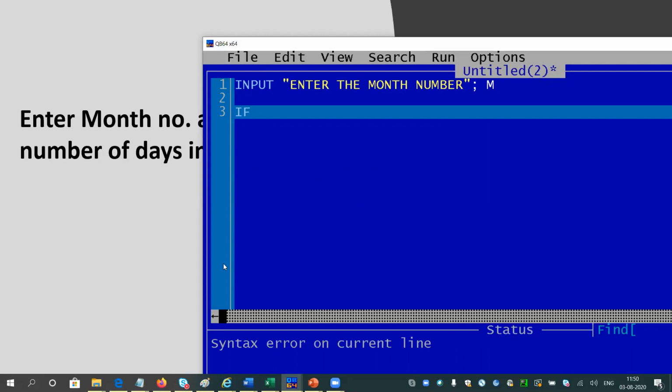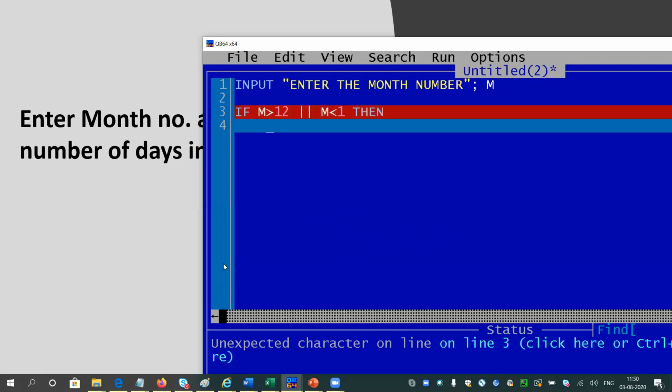It is a long program if we have to list all the months: month equals 1, month equals 2. Last time we wrote till month 3, March. But if you want to cover all the months, it will be a hectic job. To overcome that, we can write: if the month is greater than 12 or month is less than 1, these are invalid months. This time I require or.